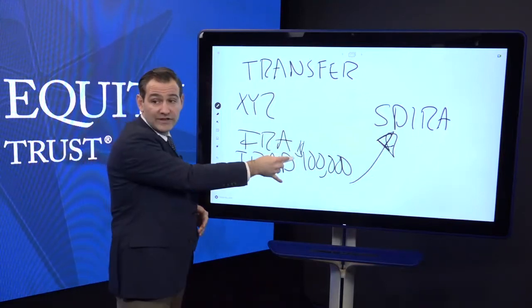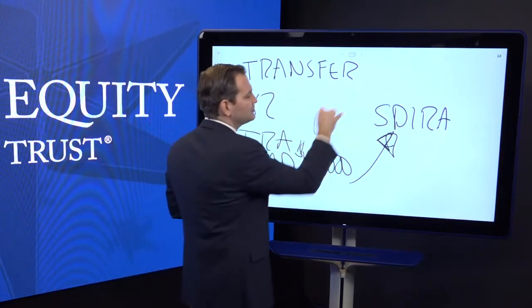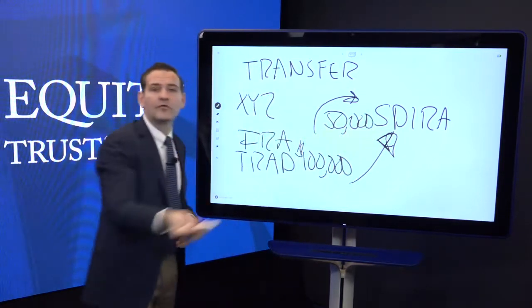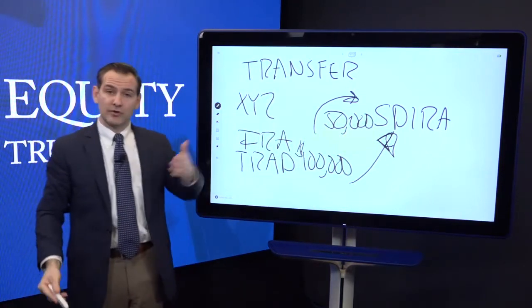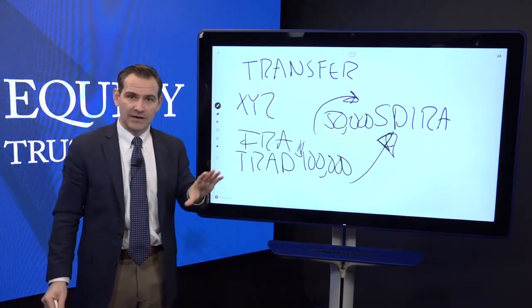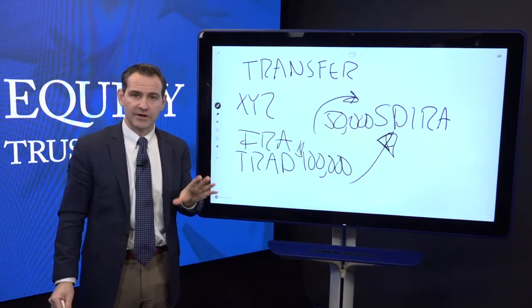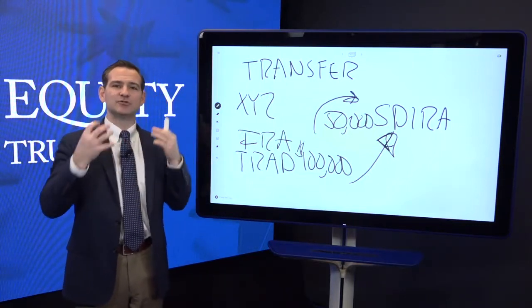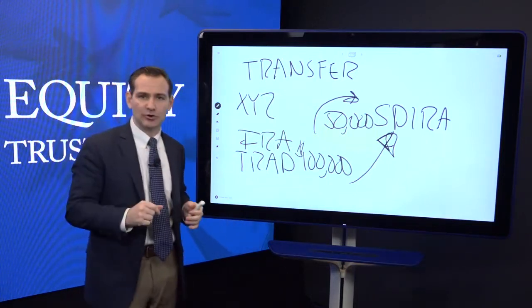Now, you don't have to move the entire $100,000. Maybe you just want to move over $50,000 to start with, and then maybe move over more at a later date. You can transfer and roll over as a direct rollover as many times as you need to throughout the year. It is important to understand that if you took a 60-day distribution rollover, that you can only do once